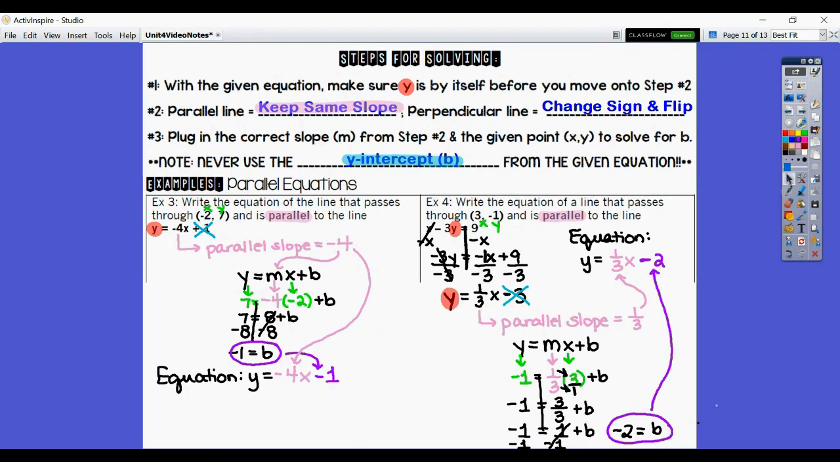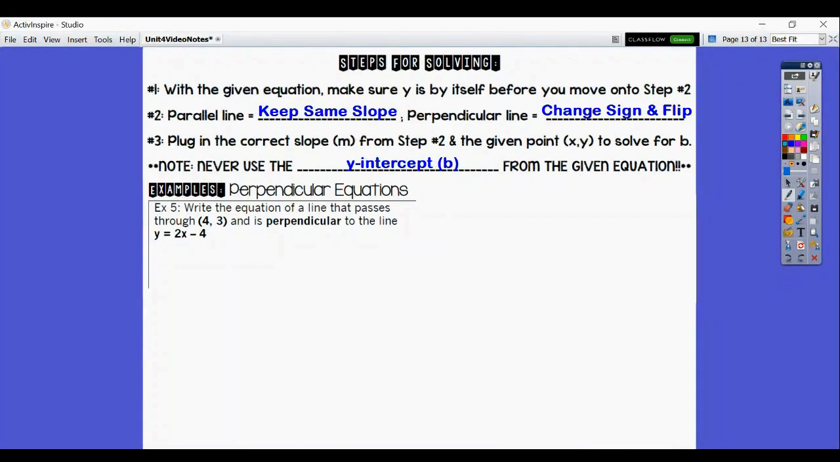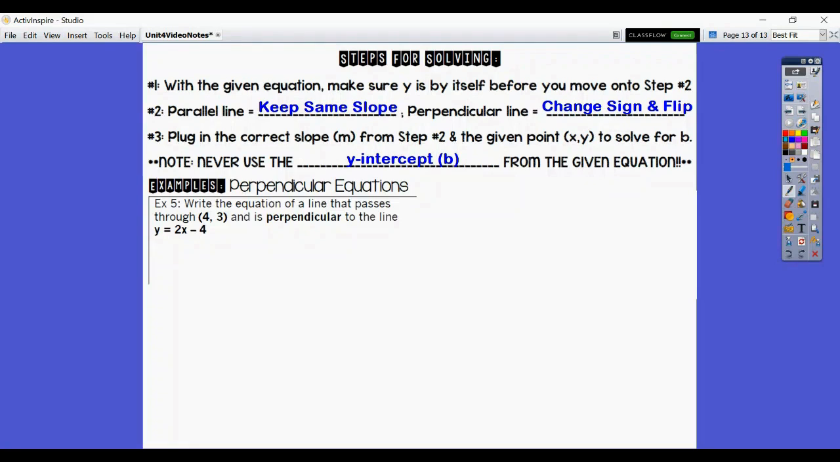Let's go ahead and try some perpendicular cases. In example number 5, we want to write the equation of a line that passes through (4, 3) and is perpendicular to the line y equals 2x minus 4. First step is we make sure y is by itself before we move on to step number 2. Y is all alone on that left side of the equal sign, so we are good to move on to